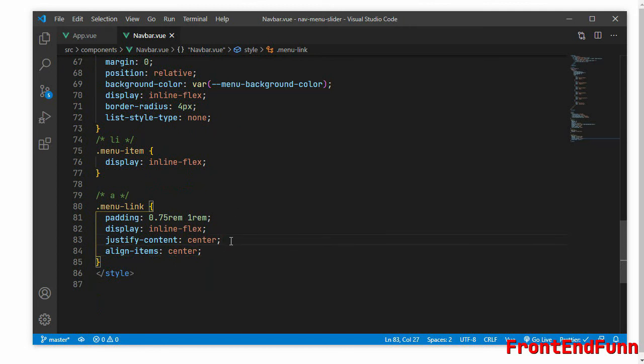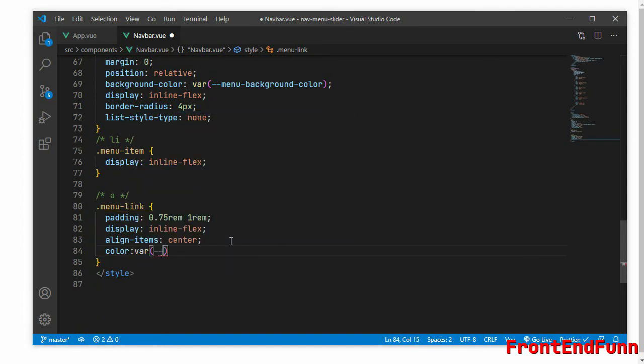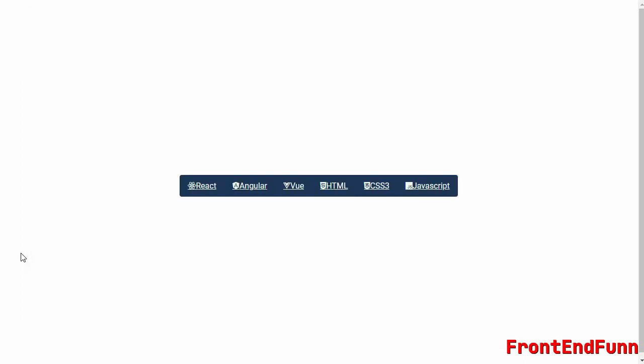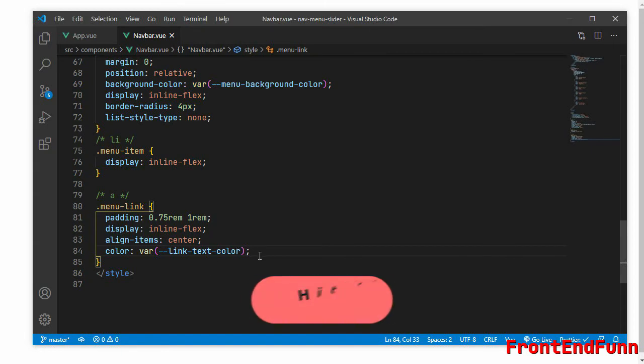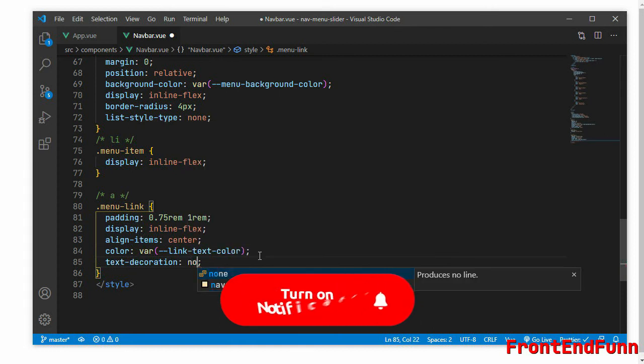We don't need justify content center here. So let's give the color, var(--link-text-color). Okay, so we'll get rid of the underline there, so text decoration set to none.